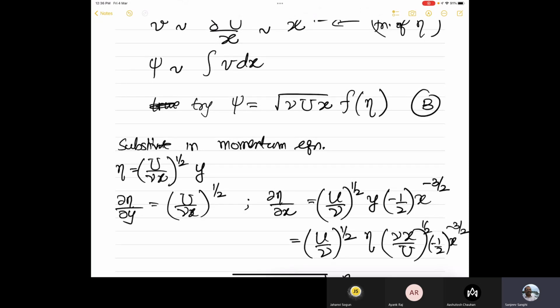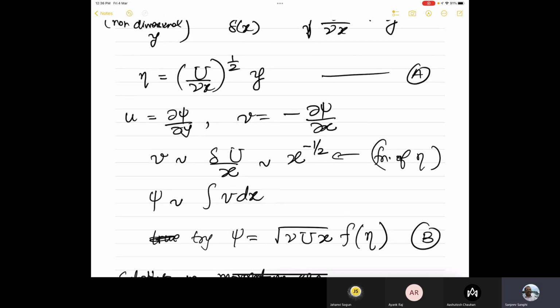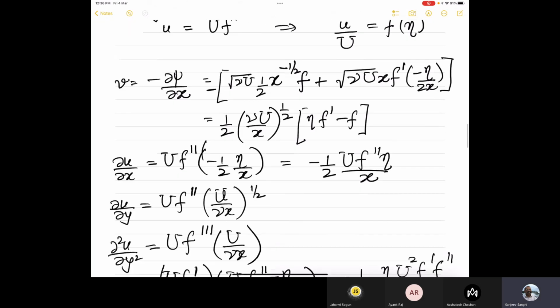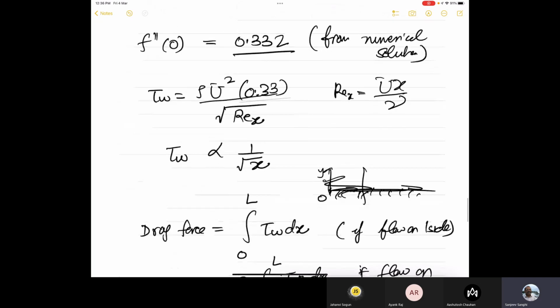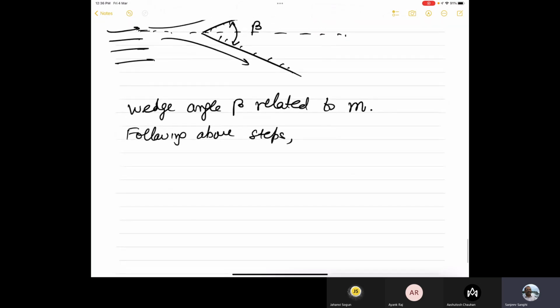So therefore, this will become x to the power of m plus 1. And when you write eta, this u will become x to the power of m, so x to the power of m minus 1 by 2 will come here when you work it out. I'll put this problem up hopefully today. Then following the above steps, you can get